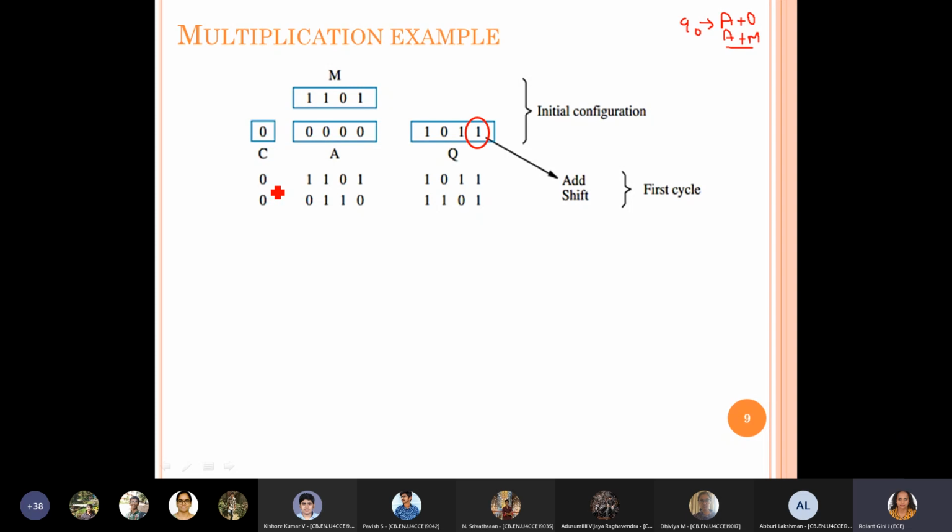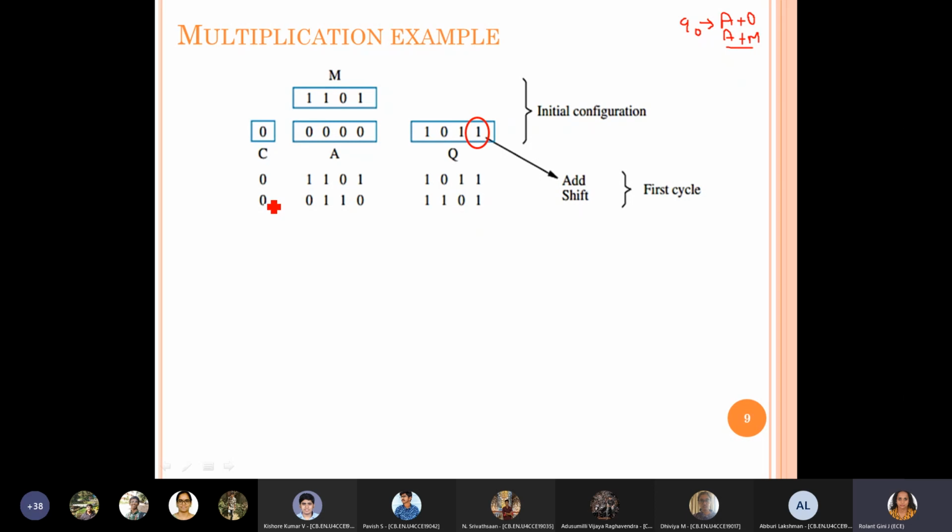So you can see that Q1 has been shifted to Q0, Q2 has been shifted to Q1, Q3 has been shifted to Q2, and A0 has been shifted to Q3, A1 has been shifted to A0, A2 has been shifted to A1, A3 has been shifted to A2, and C has been shifted to A3, and finally C is filled with 0. So all together one shift right has taken place. Are you clear with this? You first add and then shift.